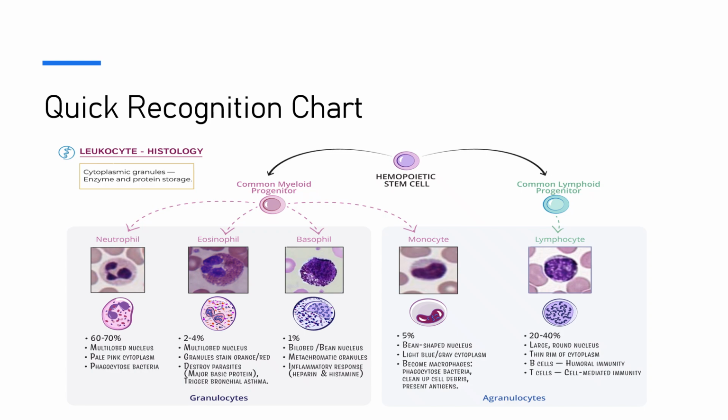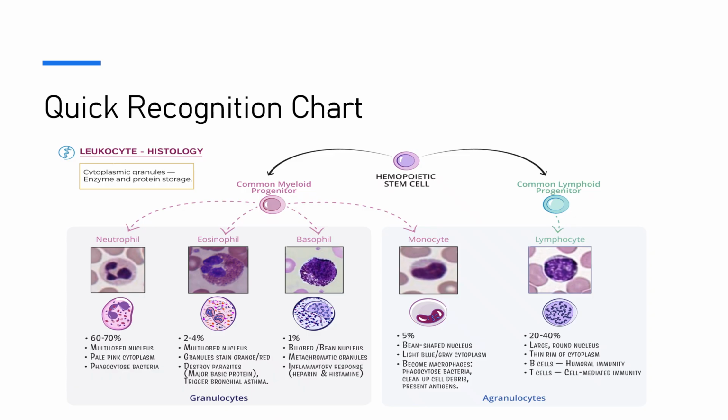Then we have the agranulocytes, monocytes and lymphocytes. Monocytes make up about 5% of circulating white blood cells and eventually differentiate into macrophages in tissue. Lymphocytes typically account for 20 to 40% of the differential and play central roles in adaptive immunity, including antibody production and cell-mediated immune responses. From a smear reading standpoint, your brain is really looking for a few key features: nuclear